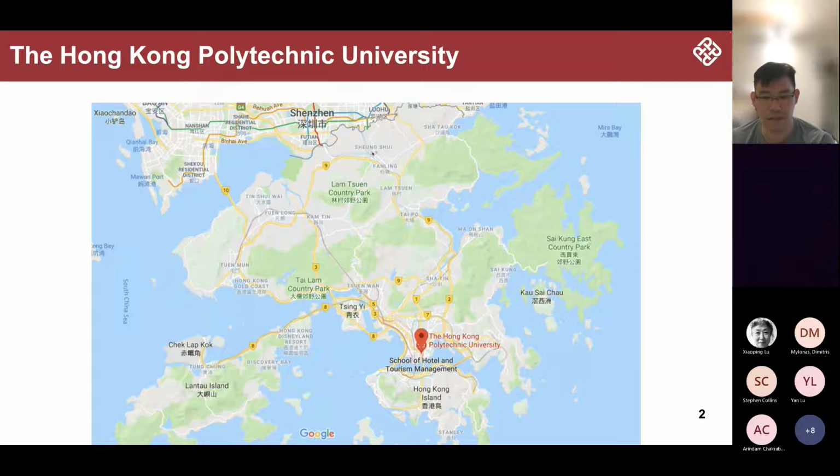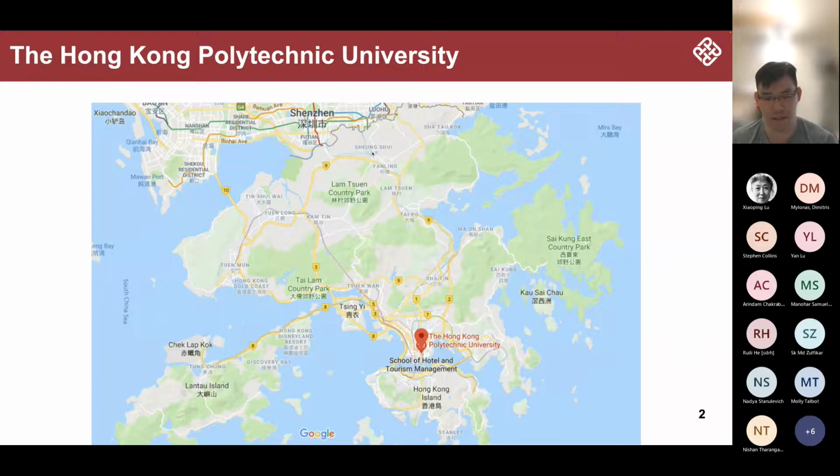We are Hong Kong Polytechnic University, which is located very close to the center of Hong Kong. I'm an associate professor here and do a lot of research related to color and lighting. We also have a very famous textile research center, the institute here, and professors who are very famous for color of textiles. We sometimes collaborate on some projects.